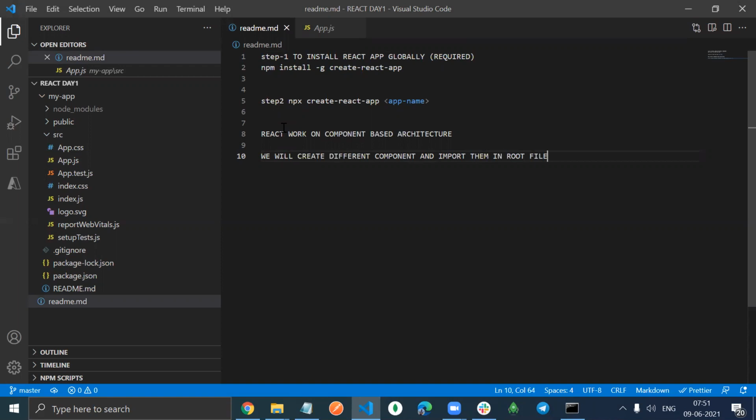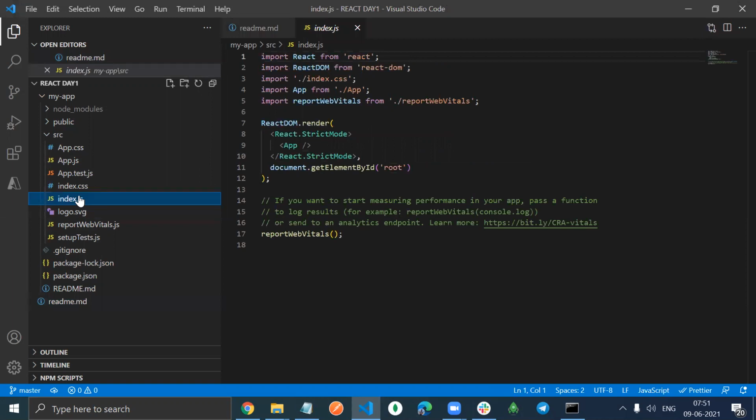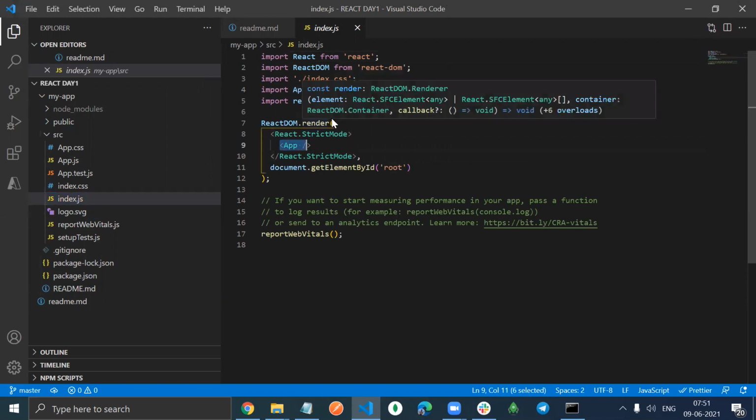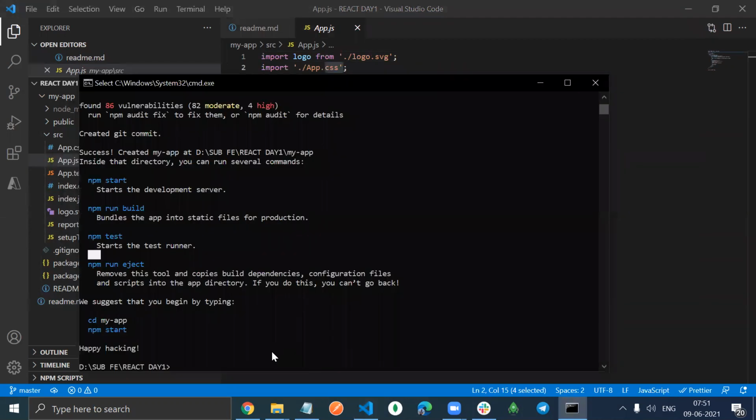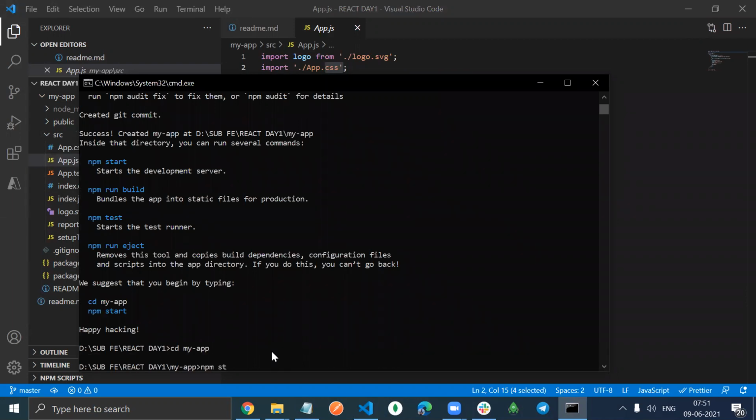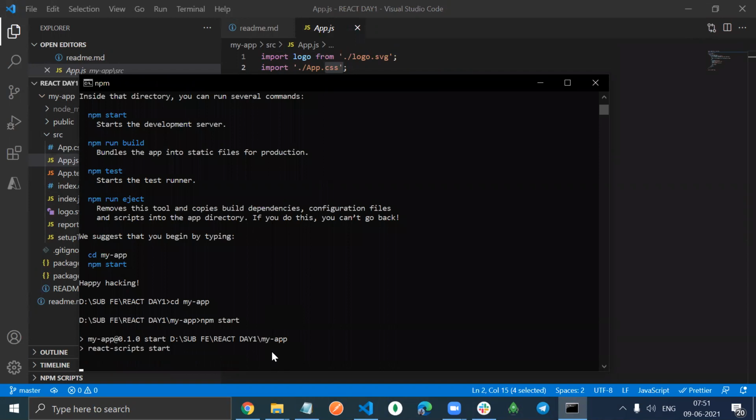Let's talk about a tree. A tree has different branches, right? But they get imported in a root branch. Same way, this is the root file. To be very technical, the root file is index.js, because in index.js we have imported App, and that App got imported here. But moreover, you have to work around this App.js file. We don't need this logo. First of all, we'll start this app. For that we follow cd, go into my project, my app, and say npm start. It will take time, and then it will start.